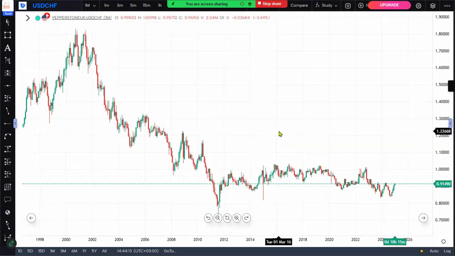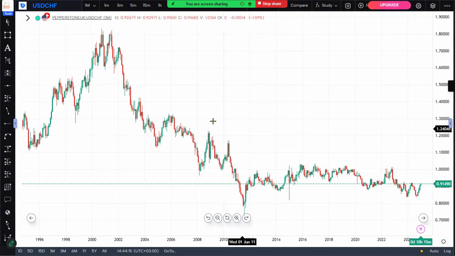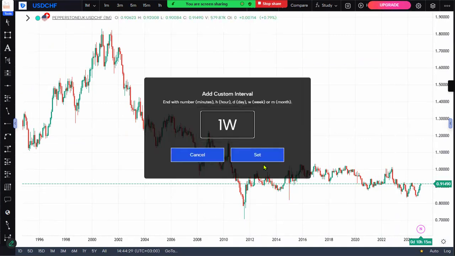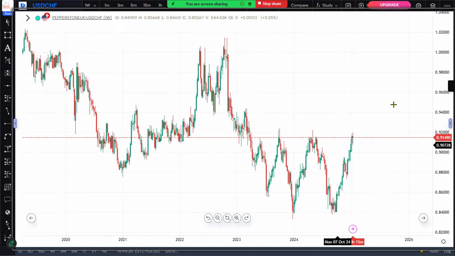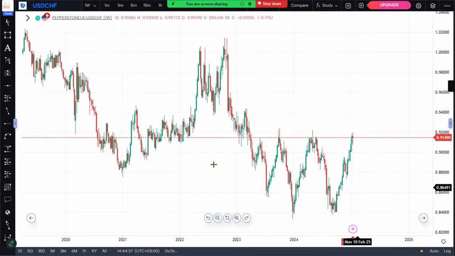Okay, so USD CHF. Okay, this is a bigger time frame. Let me now switch from a bigger time frame. Let me go to weekly. Weekly time frame. When you look at the weekly time frame, what do we get to see